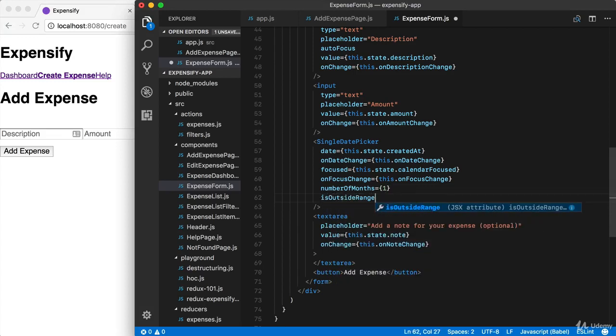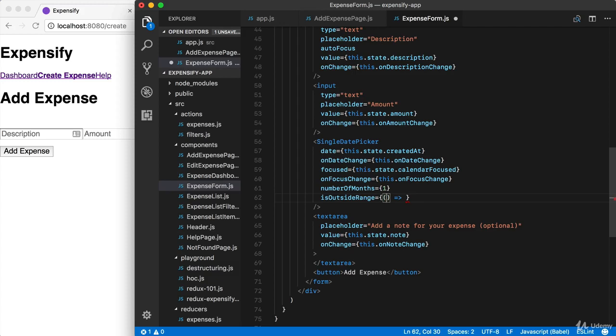So by default, they are going to figure out what days are before and after today, and only the ones that are either today or in the future are going to be available to us. So this takes a function, and we're going to define that in line. The function takes the day in question, and it allows us to dynamically calculate whether or not it should be available. And that might be useful if you have a complex set of logic. For example, maybe you're creating a lodging application and you only want to show days where you actually have vacancy,